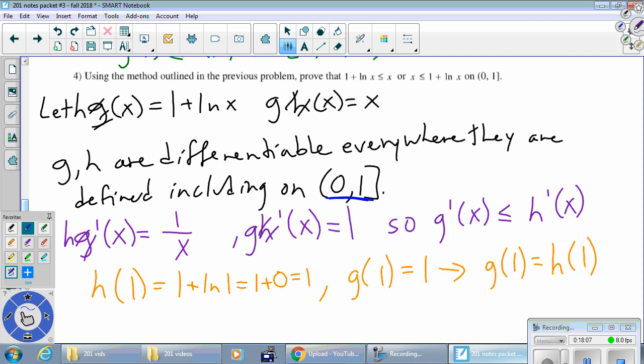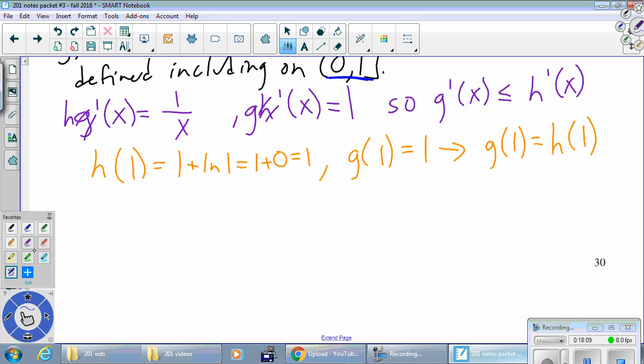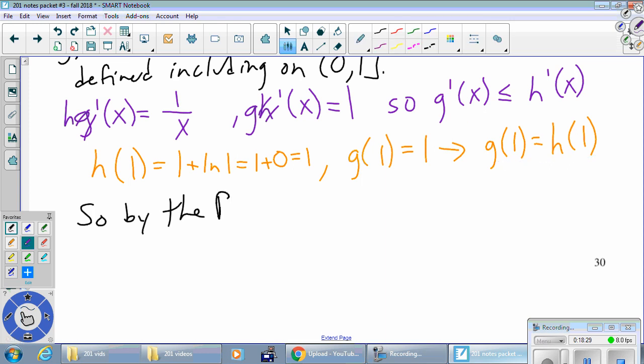And so our conclusion, I'm not going to go back and look at it, but we saw that g was running slower the entire time after we redefined our g, and that they end the race tied. So if they end the race tied and g was slower the entire time, that means that g must have been ahead the entire time. G must have been ahead the entire time. So by the racetrack principle,